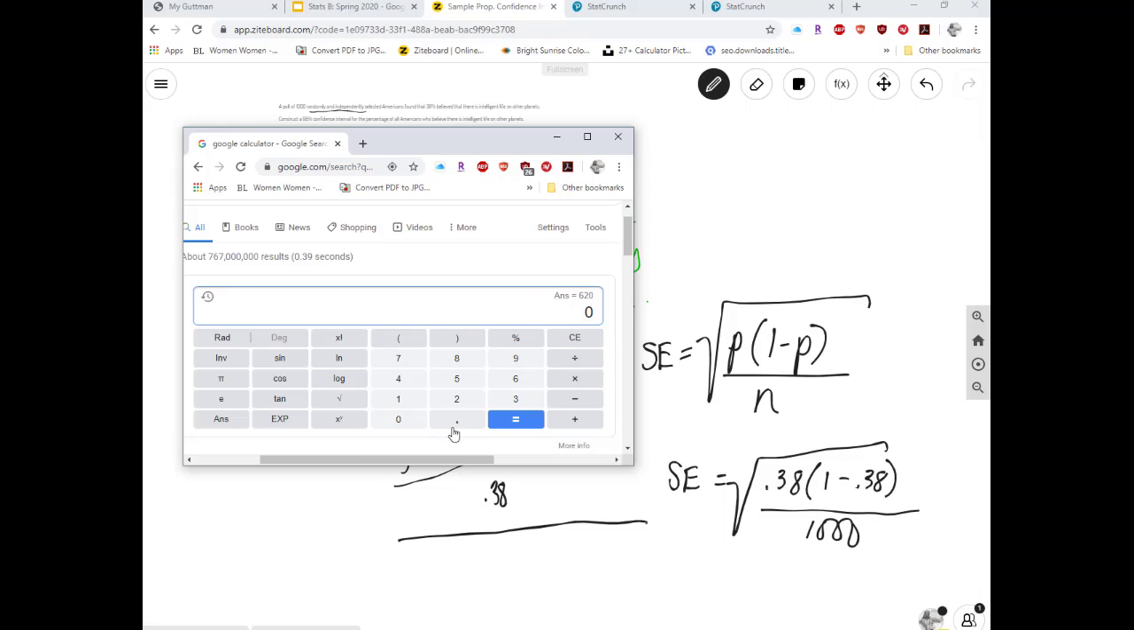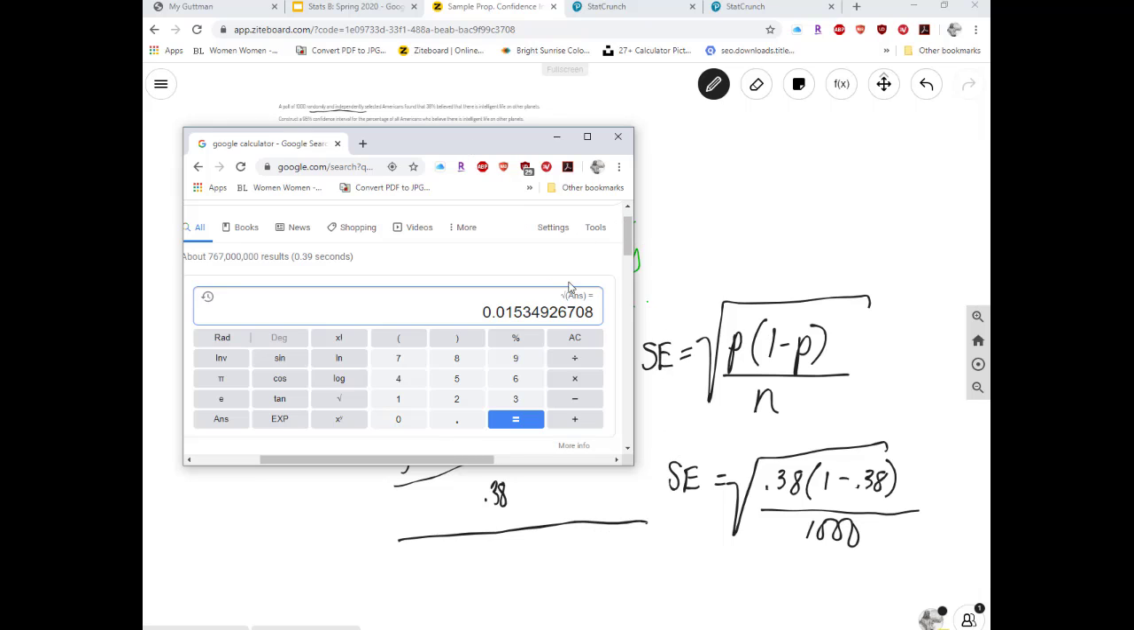So I've got 0.38 multiplied by the difference of 1 whole and 0.38, close parenthesis, equals. That gives me my numerator. Now I'm going to divide by my sample size. And I have everything underneath the radical. And now I can take the square root by just hitting the square root sign and then hitting answer. And I will get that my standard error is